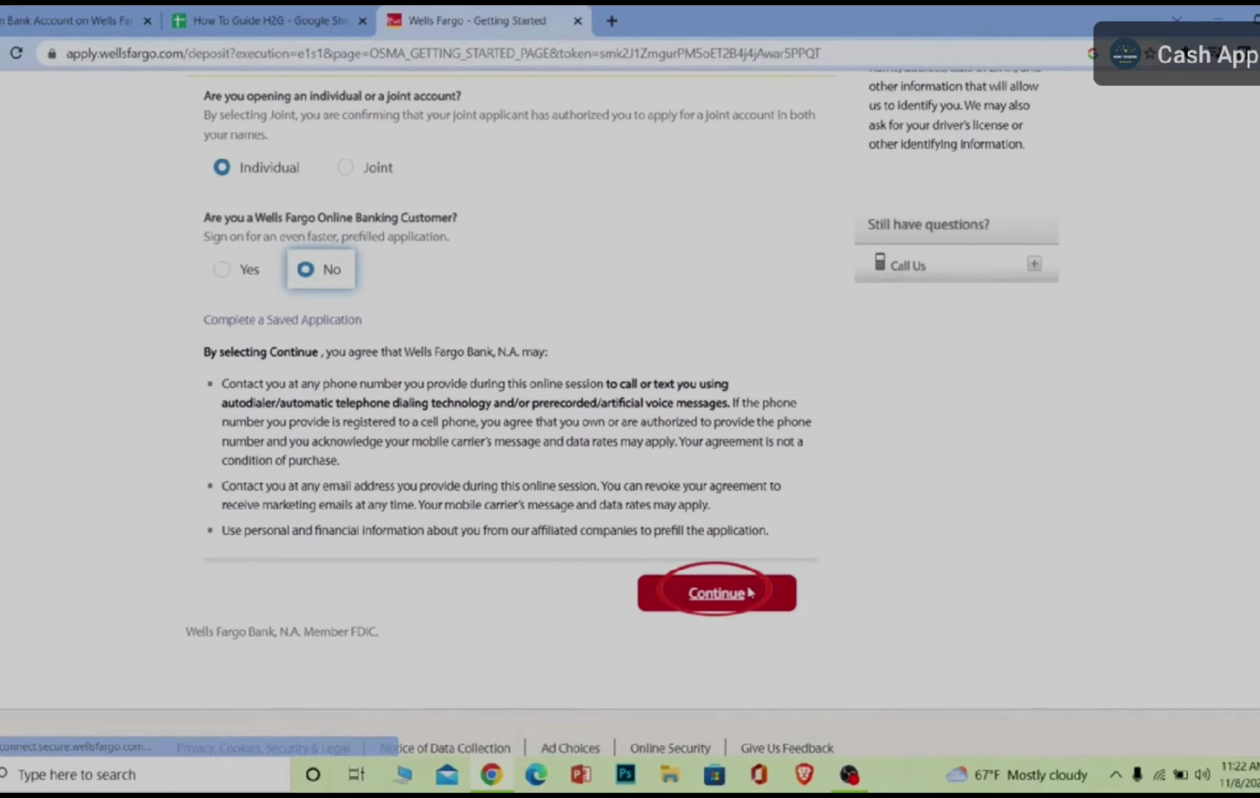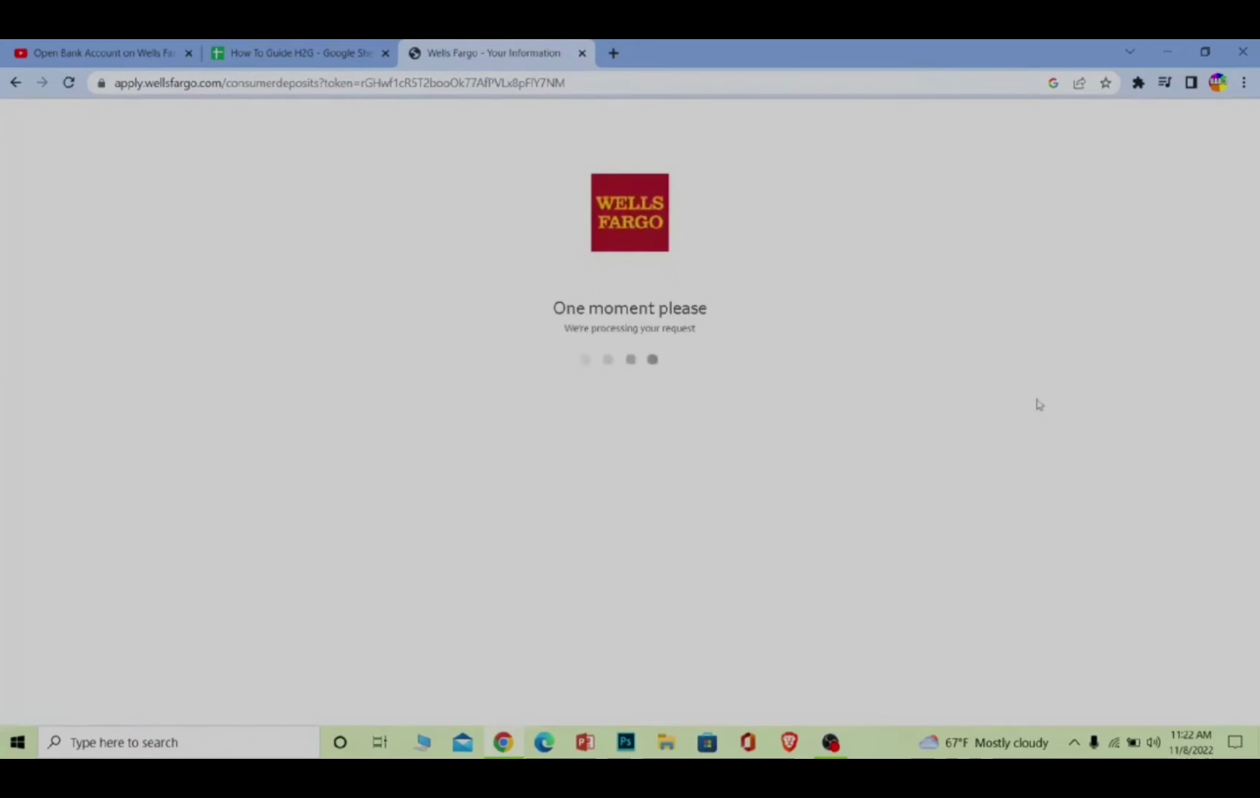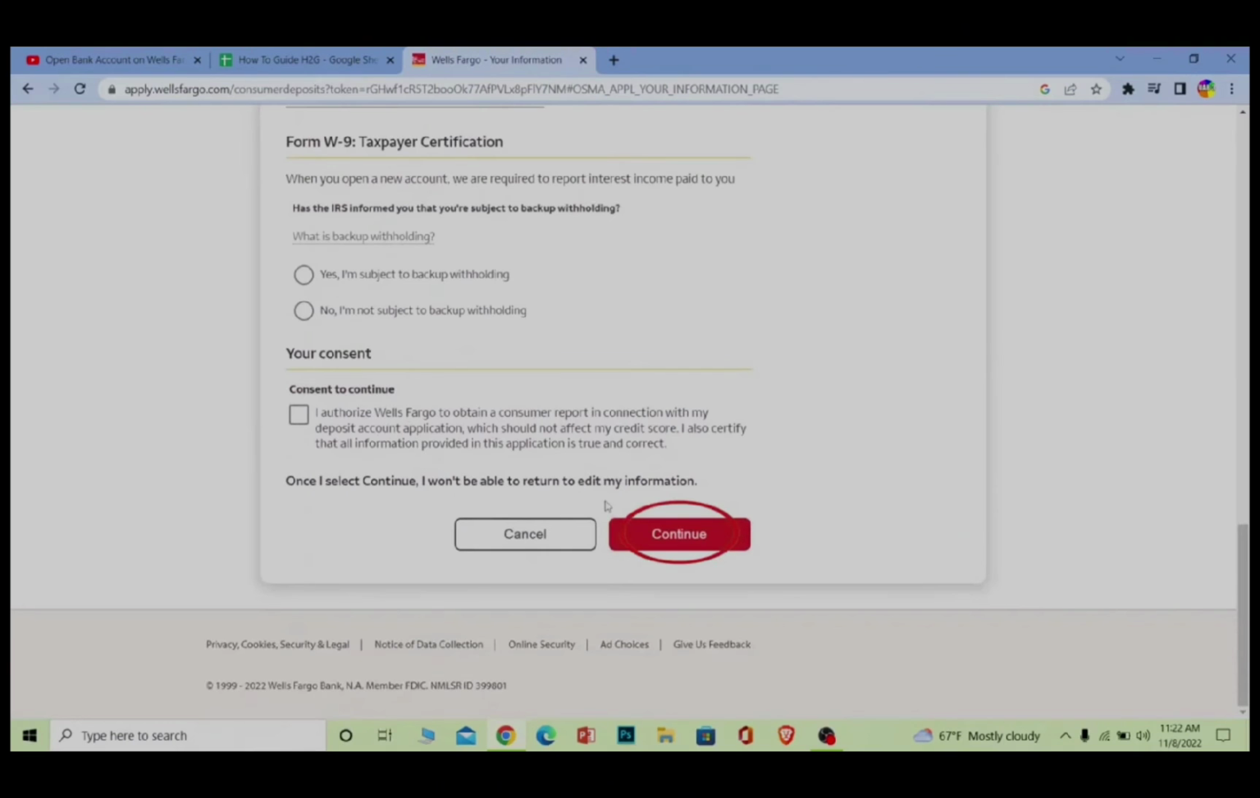So once you click on the continue option, it will take few minutes to take you to its first step of account opening. So here you need to fill about your personal information and click on continue option. So after this, it will ask for your mailing address and review your form. Then you need to sort out the terms and conditions and fund your account, and then you will have an